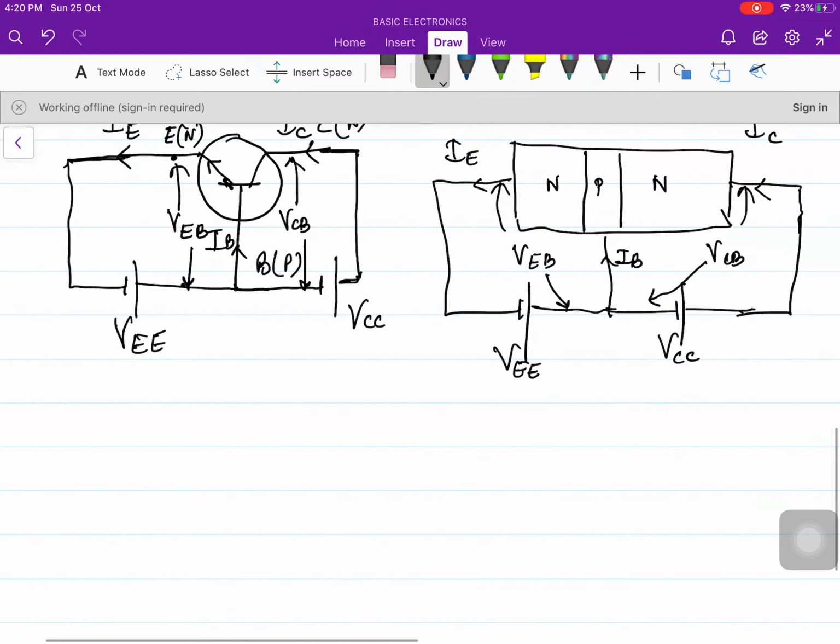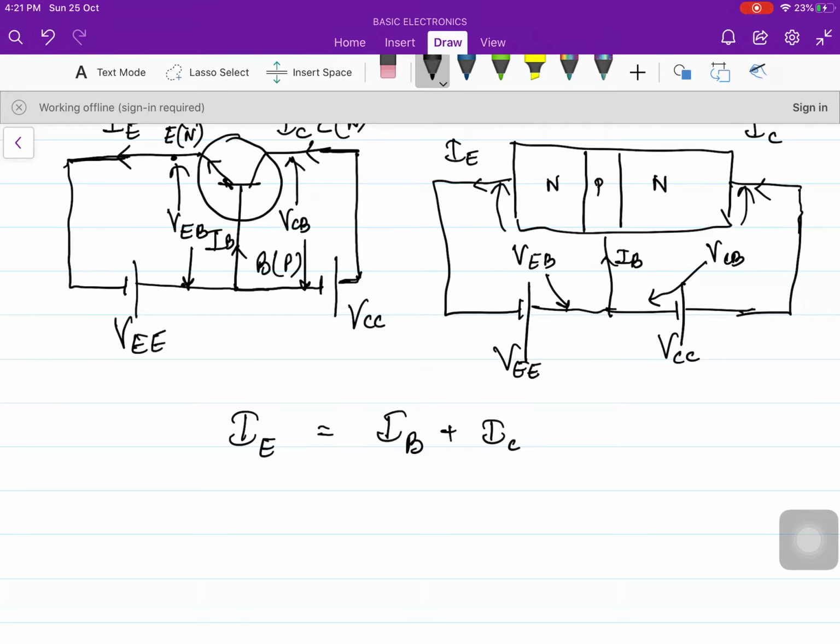Now let us start. First of all, we know that we will start from the very first transistor current equation, that is IE equals to IB plus IC. Now when we learned the working of the NPN transistor in active mode in the previous lecture, we simply saw how the currents are constituted and made a current equation for the transistors. Now this equation will be always followed for the transistors.